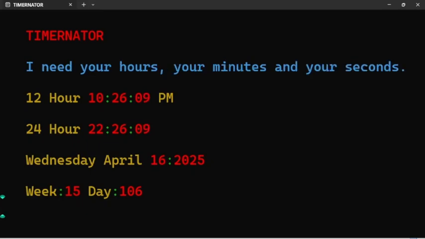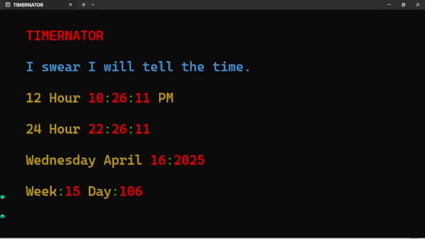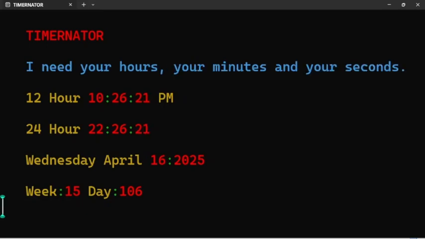Create your very own Timernator Clock Python program. Create his famous quotes from the movie Terminator 2, Judgment Day. Create the hours, minutes and seconds, along with how many weeks in 1 year to how many days there are